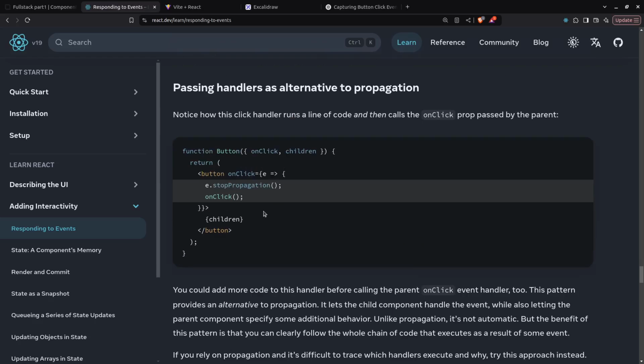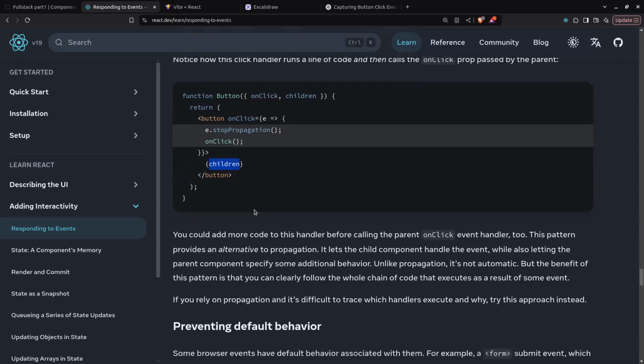What's going on in this code? Okay, we are creating our own button component, a button on steroids, where event propagation, stop propagation is built in. Okay, and any event handler passed will be passed right here, and any component passed will be passed right here. Okay,